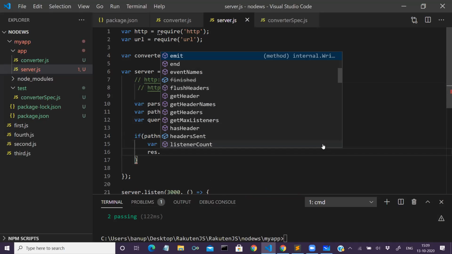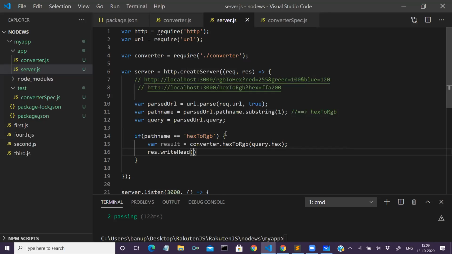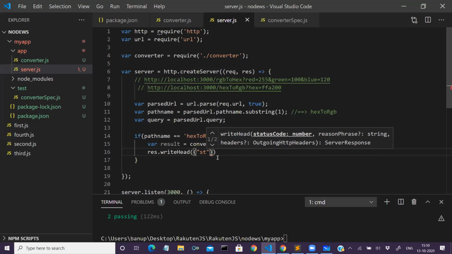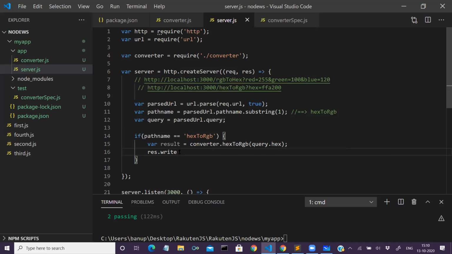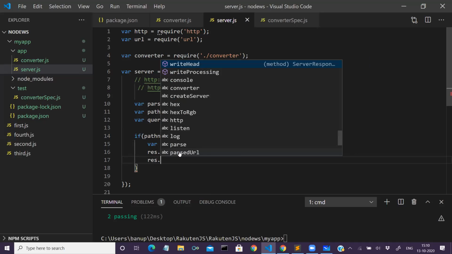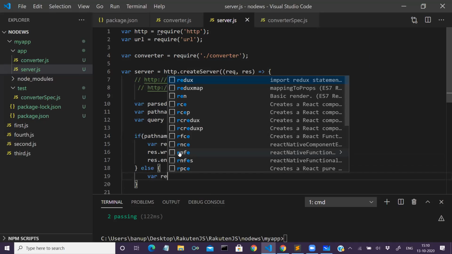Then using response, I will write head. I can write here status, all those things I can write. Instead of that, I'll straight away write here result, then end. Otherwise the browser keeps waiting; it still assumes some data is still coming from the server. So we'll have to end it. Else, I could bring else if, but I'll just write else result